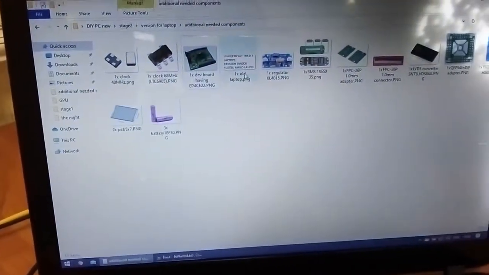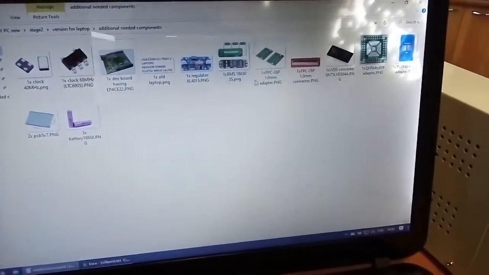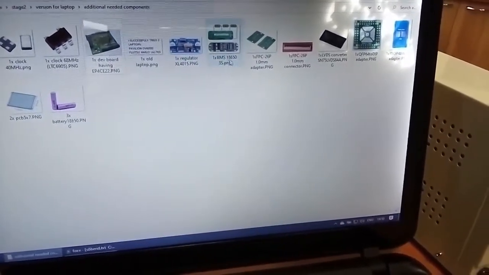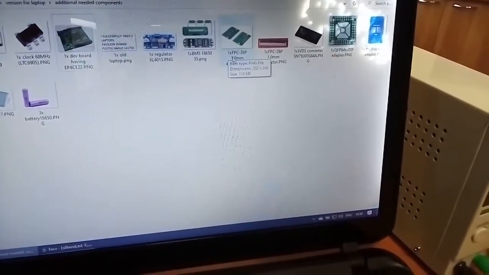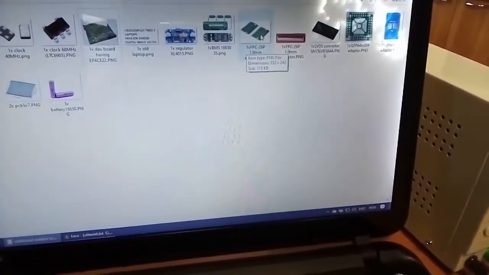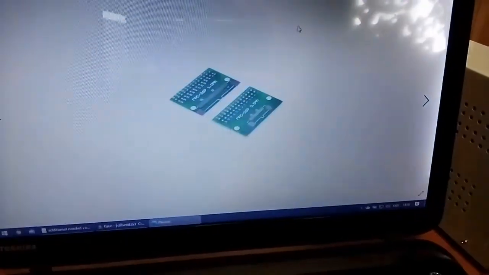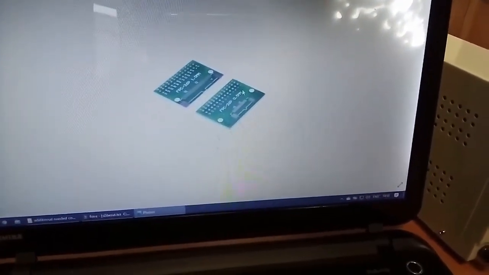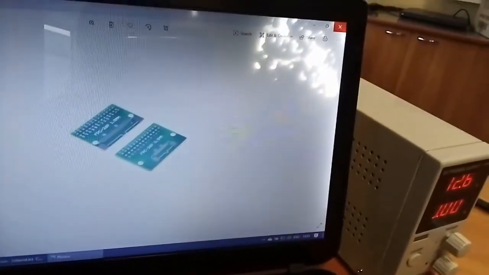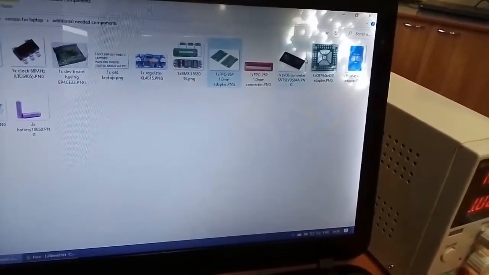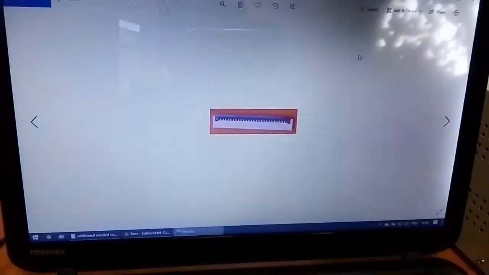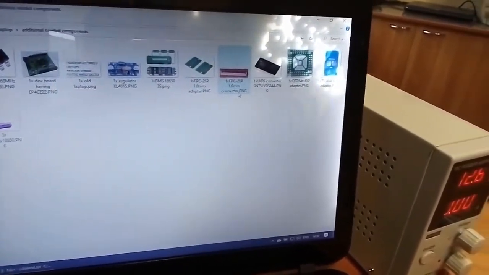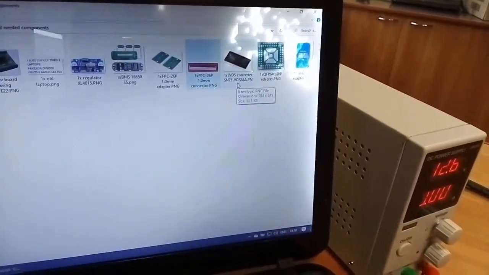So also we need a laptop, we need this one for the battery part, controller or regulator, battery management system, FPC. So this one is a converter for the keyboard. Keyboard comes here using this one. All these models I will put here, and also we have LVDS converter